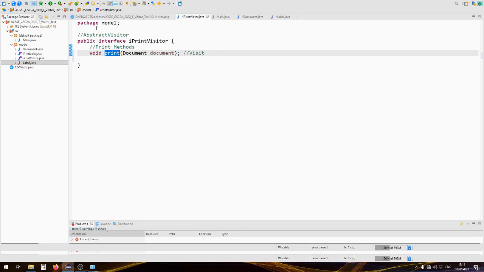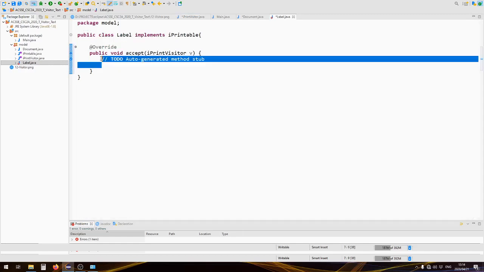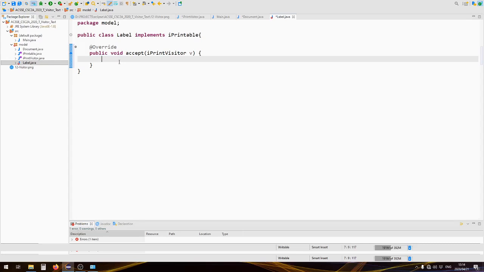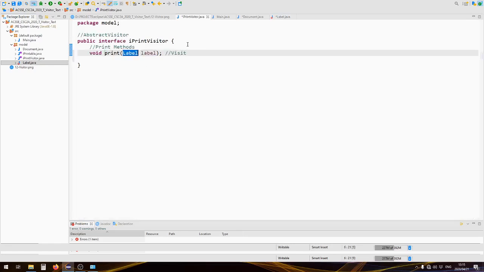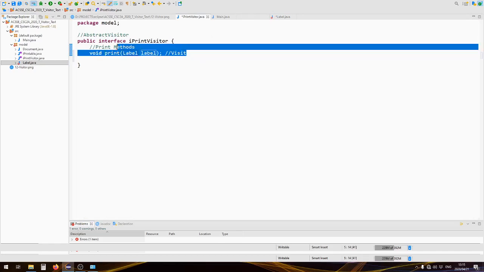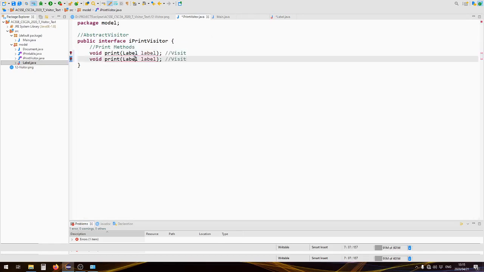If we're a printer, as is the case in this particular example, we're going to print. So let's go across to our label now, which is also missing that particular visit method. So let us now add the visit method by going v.print, and then we can pass in this. Now that means that any instance of our label can then be printable. And now, if we mouse over, we can then add that to the iPrint visitor. You'll note that it's overwritten the other one. So let us quickly just copy that and paste it and put in a document